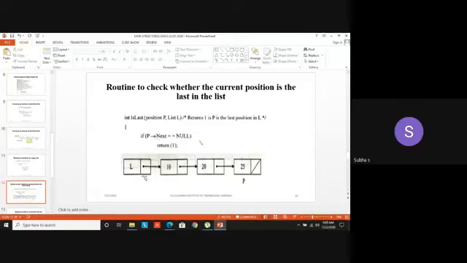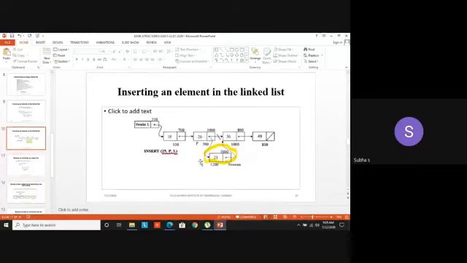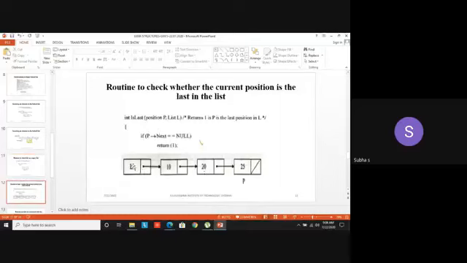Look at the diagram carefully. I am having a list. This L is nothing but your header node. It's not necessary that it should be on the top only. That is above the 10 element. It can be connected normally like this also. L always denotes the head, or H denotes the head, or you can have it as HEAD itself. It's for our understanding only, for user purpose only.